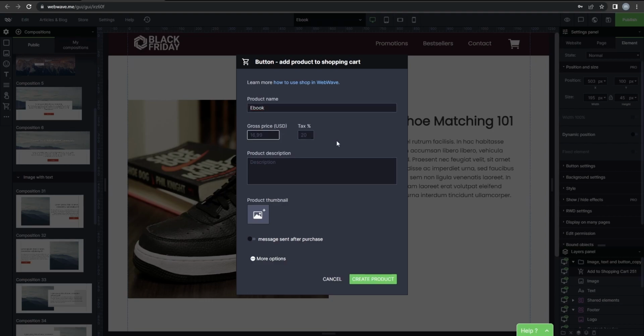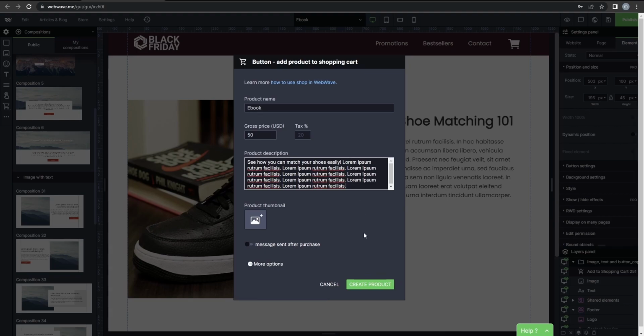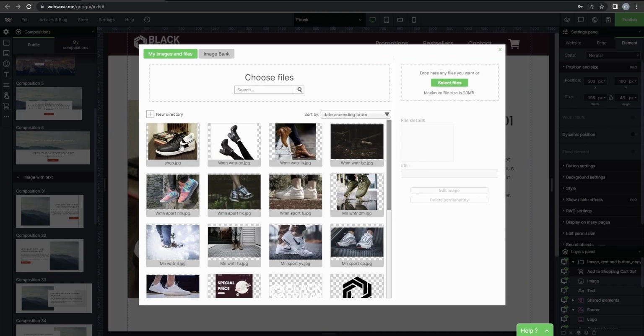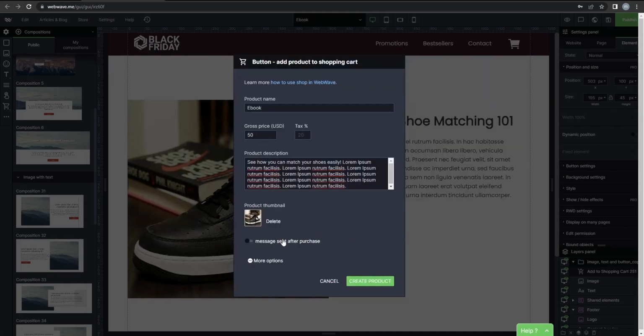So I'm gonna type in product name, the price, as well as description. So let's say, see how you can match your shoes easily. You can add some lorem ipsum and add product thumbnail. You can select the same picture we used before, and here we've got the option to send a message to